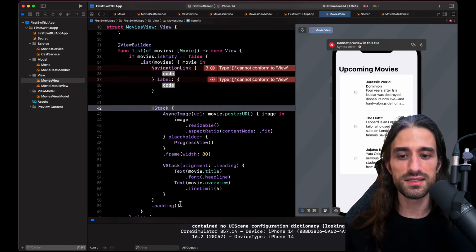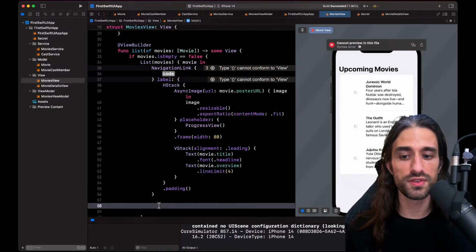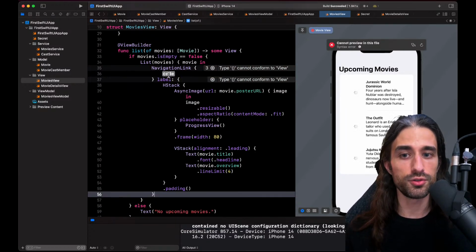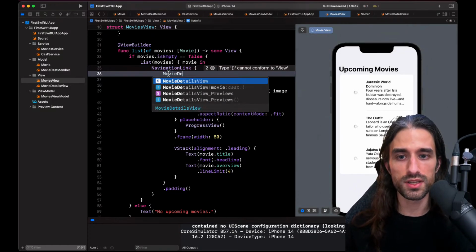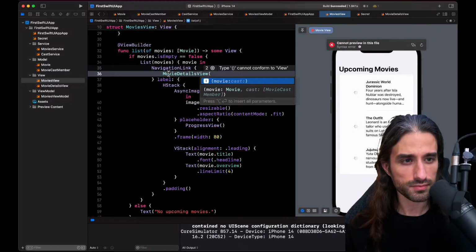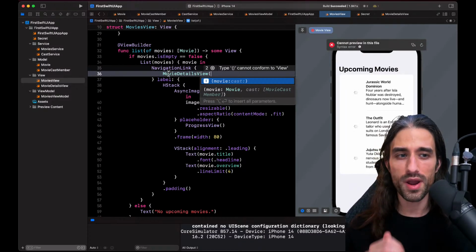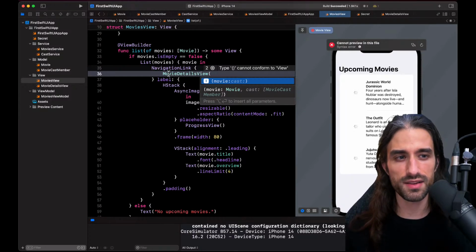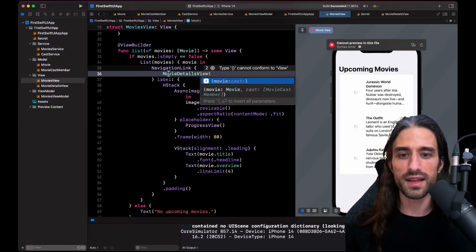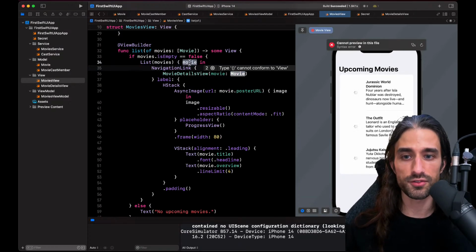The label is easy to implement. As I said, it's the row of the cell. So I'm just moving the code around. And the destination, it's the movie details view. So I'm just going to instantiate it. Now you understand why I was saying that the init can be called way before the view is displayed and can even be called when the view will never be displayed, because the user will never tap on that specific row. And so the movie details view needs a movie as an argument. That's a good thing.